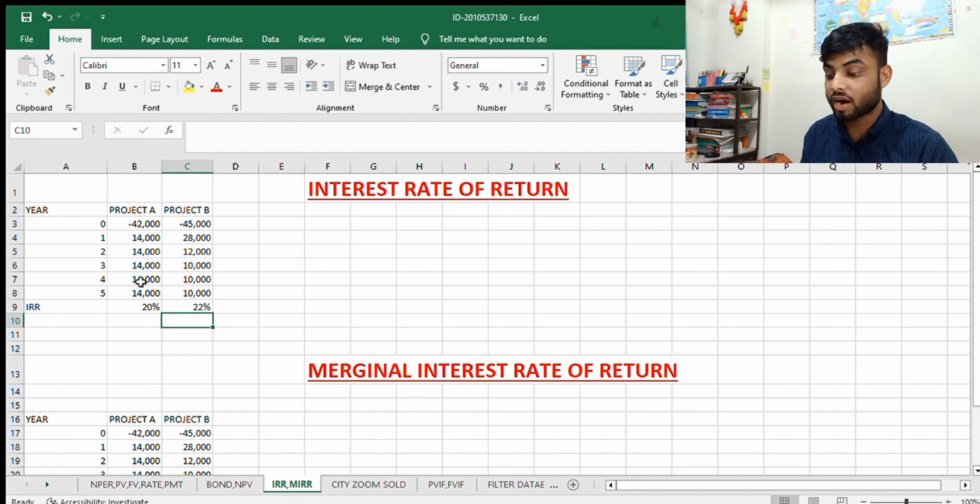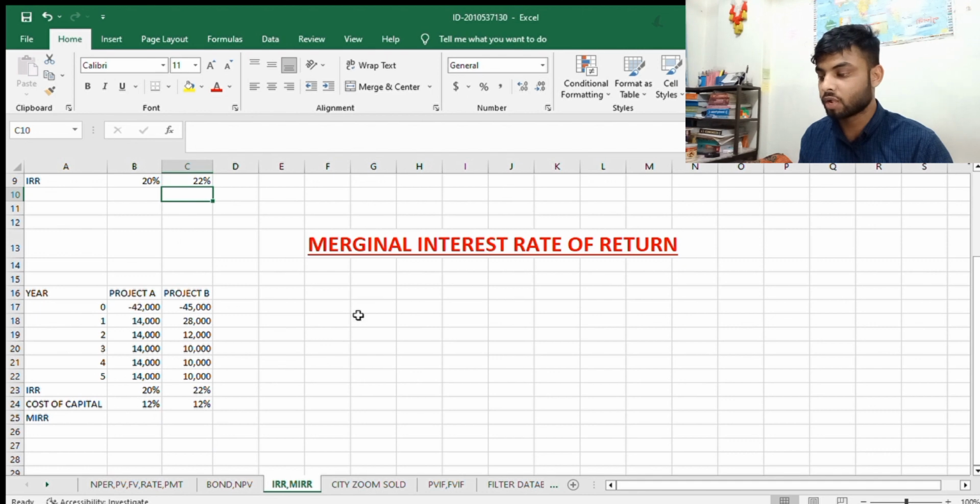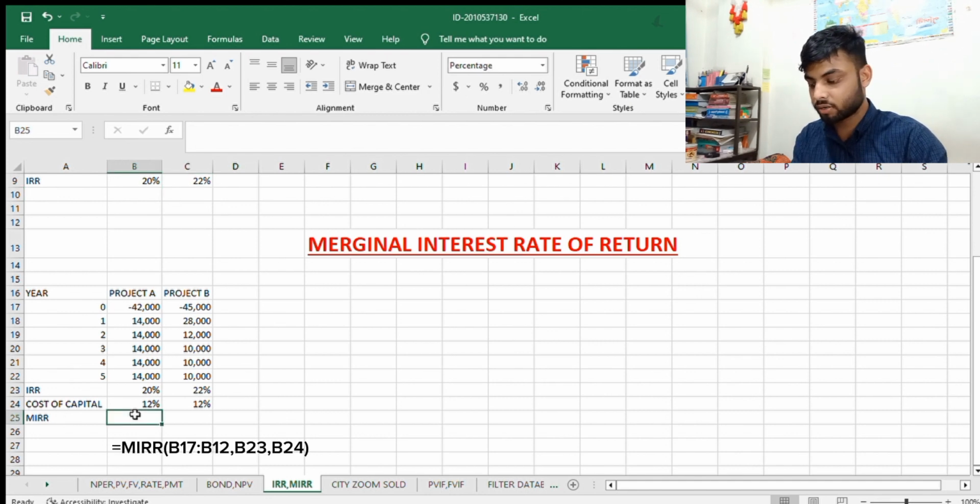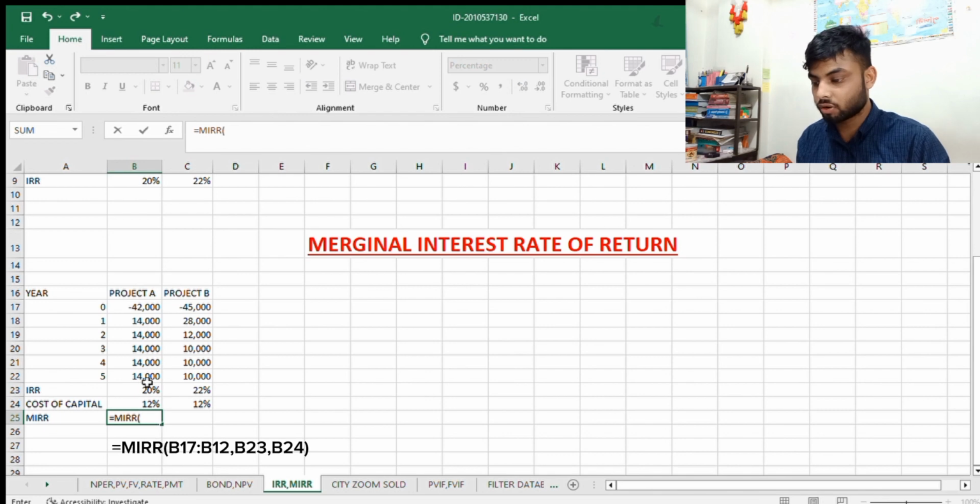Then we will learn how to calculate MIRR, that means modified internal rate of return. For this, the given info: year 0 to 5, project A, project B, IRR 20% and 22%, cost of capital for project A 12%, also project B 12%. Then we can easily calculate MIRR for project A: equal MIRR, start the bracket, all values